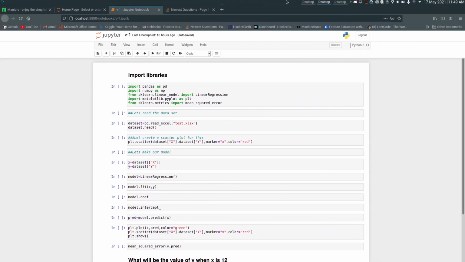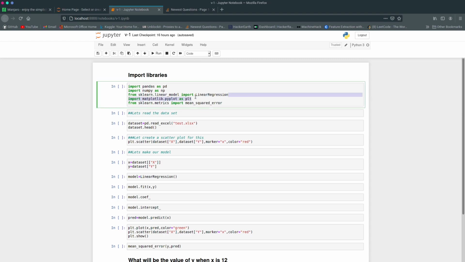So this is the final part of my video. In this we'll see how to implement linear regression using Python and sklearn. First and foremost, we have to import the important libraries that are used for this data. I'll be importing pandas as PD, which is nothing but an alias for pandas. Then I'll import NumPy to do some numerical operations. Then I'll import LinearRegression from sklearn.linear_model. Then from matplotlib.pyplot I'm importing pyplot as PLT.